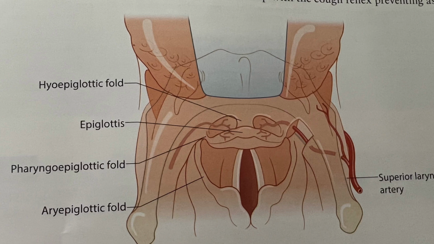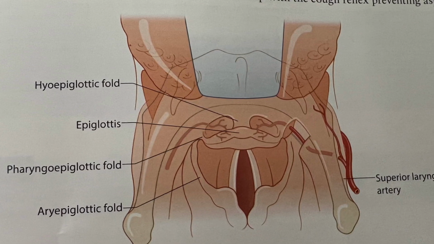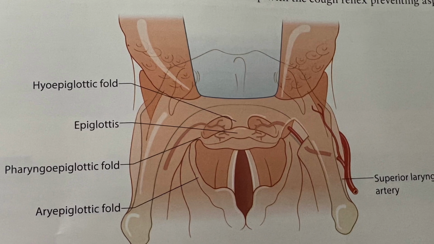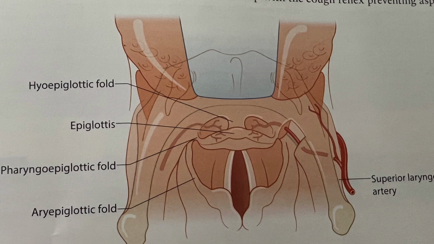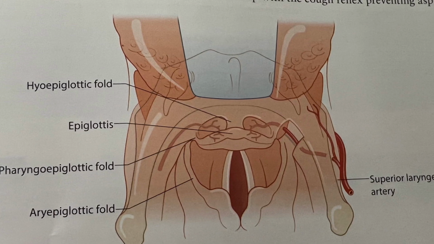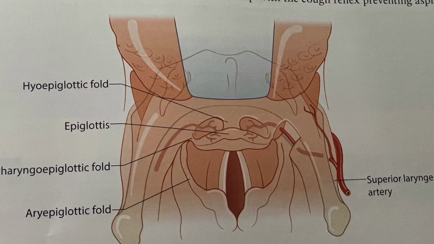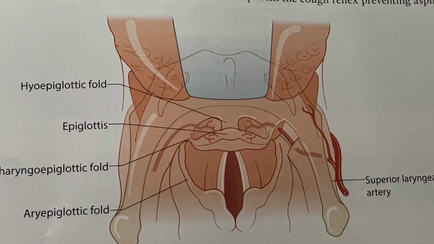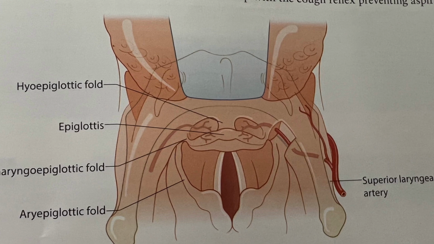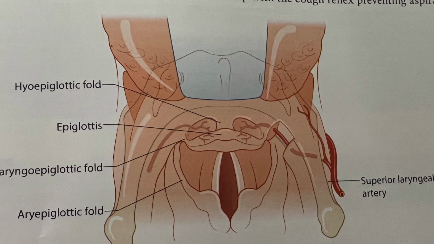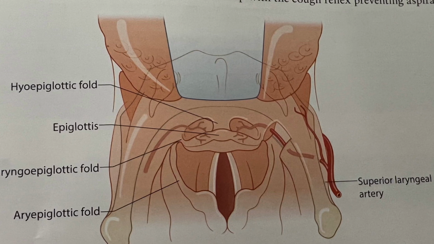There is a consistent branch of the superior laryngeal artery which runs from posterior to anterior within the undersurface of the false vocal cord. The superior laryngeal artery can generally be found in the superior portion of the triangle formed by the anterior commissure anteriorly, the vocal process of the arytenoid cartilage posteriorly, and the attachment of the aryepiglottic fold to the epiglottis laterally. So this branch can be encountered anteriorly while operating on epiglottis or false vocal cord lesions. Variation in the anatomy of the superior laryngeal artery can coexist with a potential threat of bleeding.